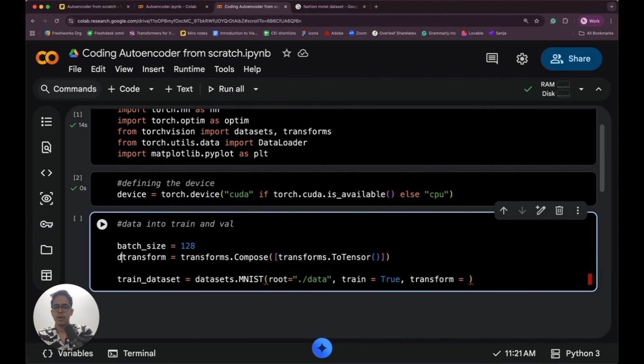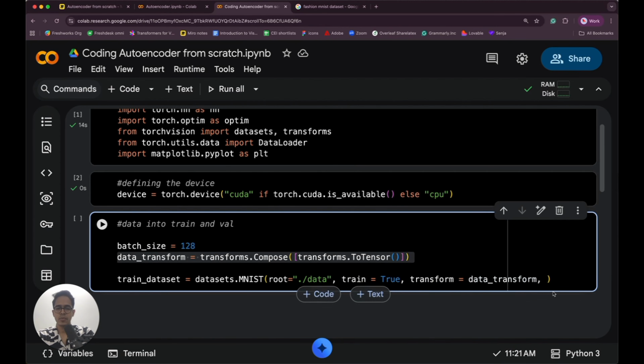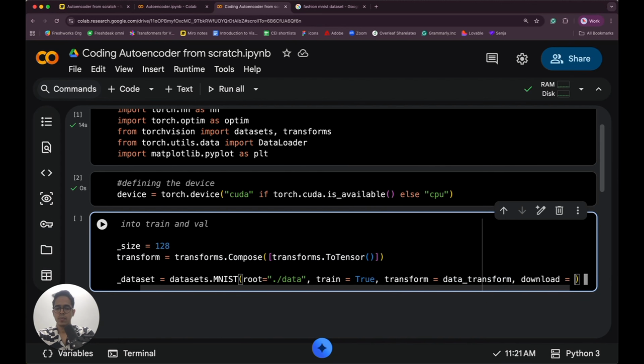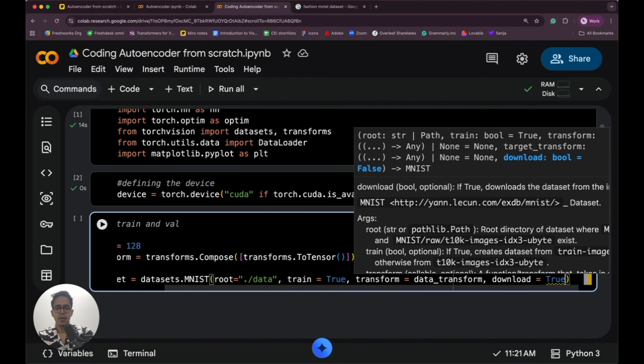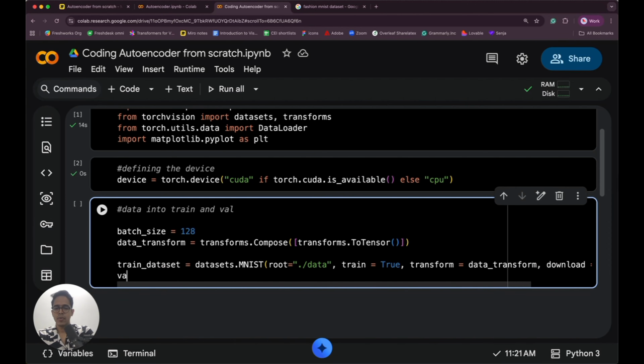Just to avoid confusion, I can write this as data_transform, and then I can pass that here. Otherwise, if I use the word transform as the variable name, you may get confused. So transform equal to data_transform, download equal to True. Then this is for the train dataset. Now for the validation dataset,